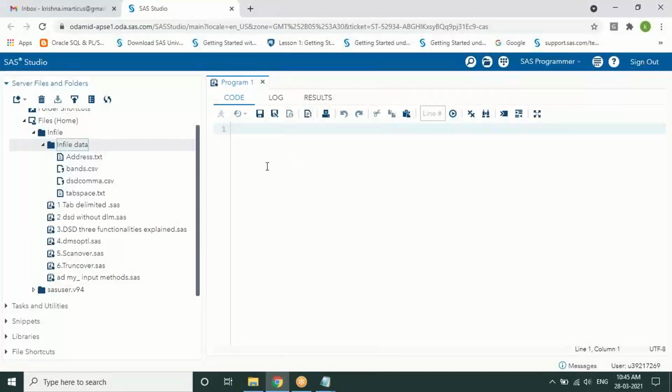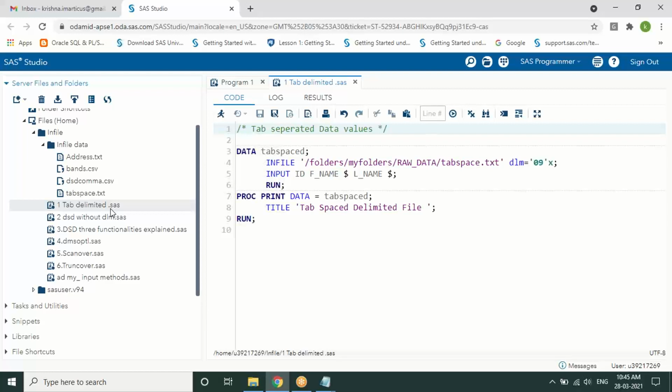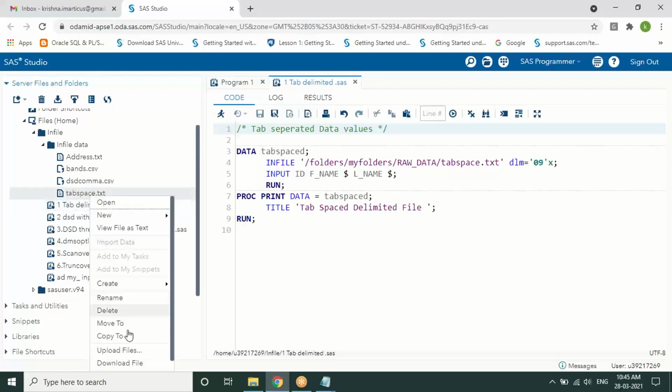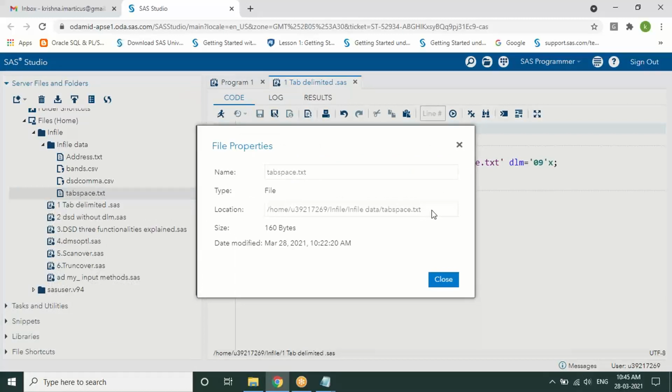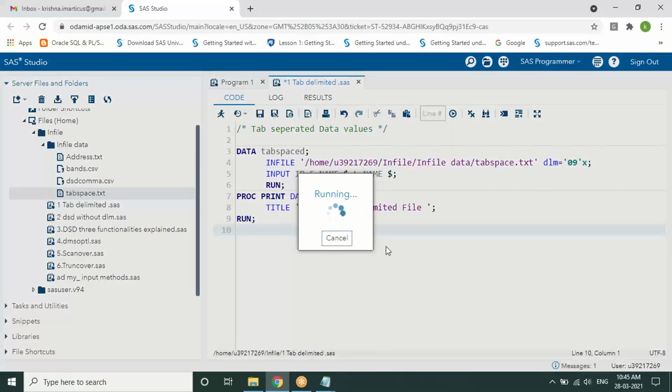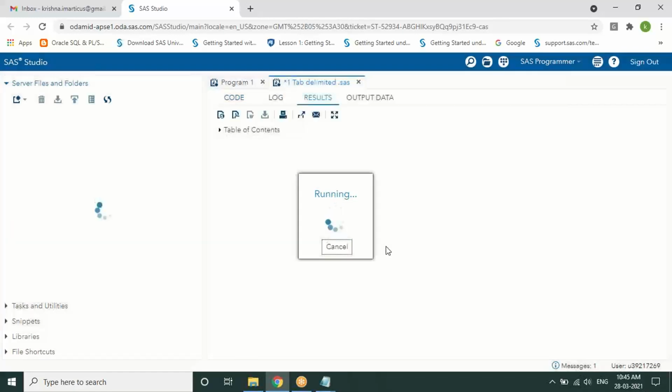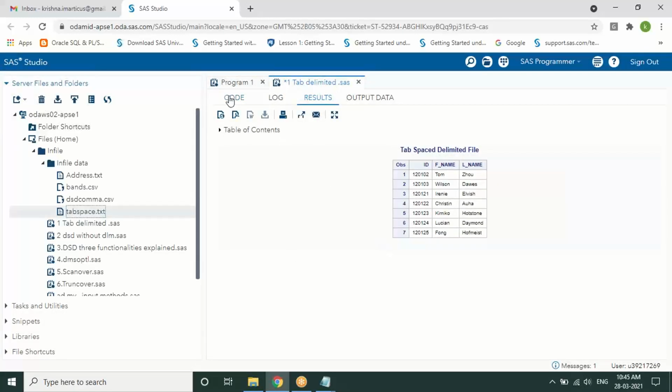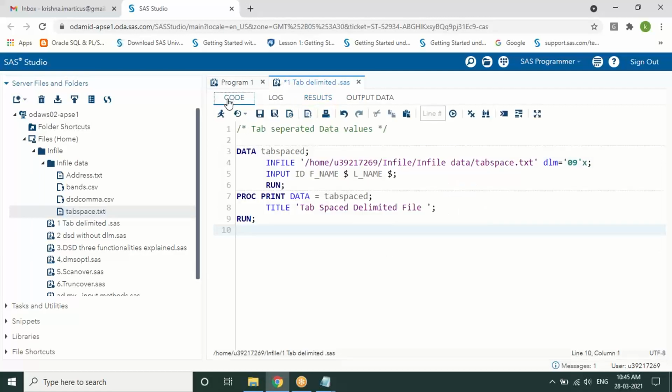Now let's work with the individual examples. I hope everyone has uploaded all the data and programs which I've shared with you. Open the first code, tab delimiter. Give the file tab space.txt. That particular file is a tab separated value file, so the program is able to create a dataset from it.